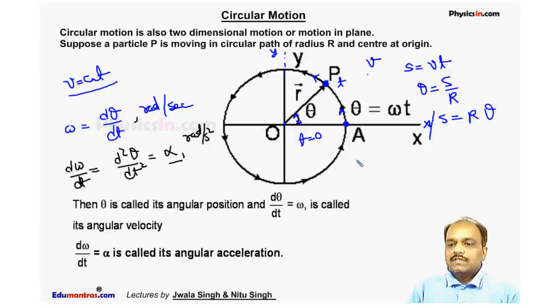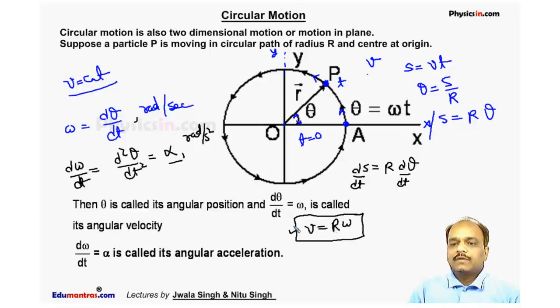Now from here we can say ds is equal to r into d theta, because r is constant. If I divide this expression by dt, then I get ds by dt equal to v, and v is equal to r times d theta by dt, which is omega. We will study the vector representation in the next heading. So speed is always equal to r into angular speed. This is the relation between linear speed, angular speed, and radius.